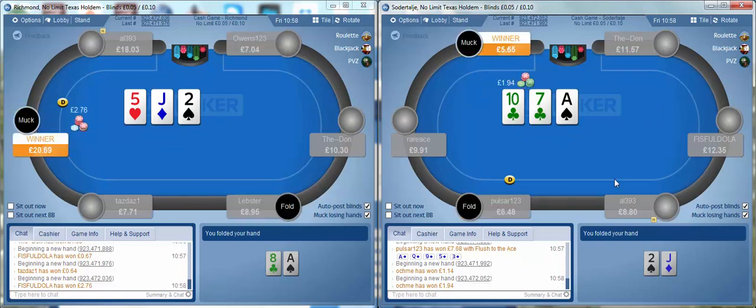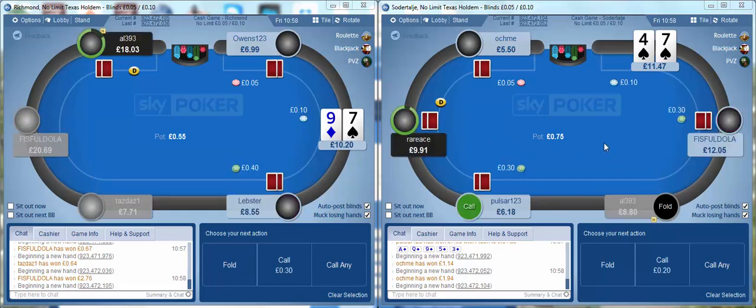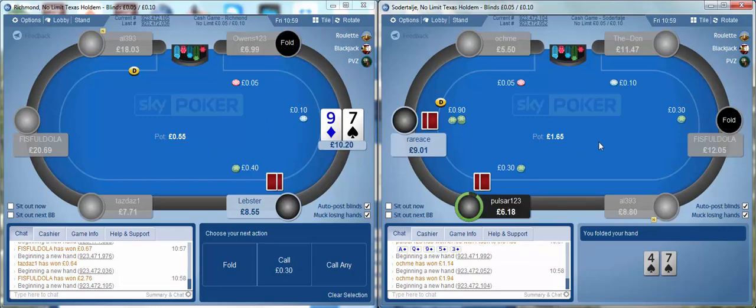You've gone looking for help for your game, and you've now just put yourself on a way softer site. So you can reasonably expect your results to turn around pretty quickly. Of course, we're still at the mercy of random variance. Of course we are. But I think it's a safe or fair assumption that your results are going to improve pretty quickly when you start getting help from somebody like me and start playing on a softer site straight away,